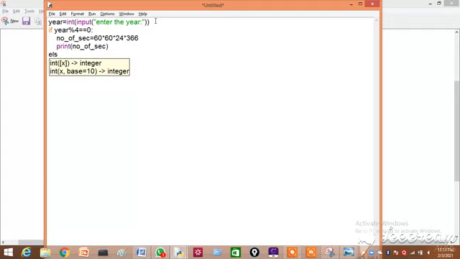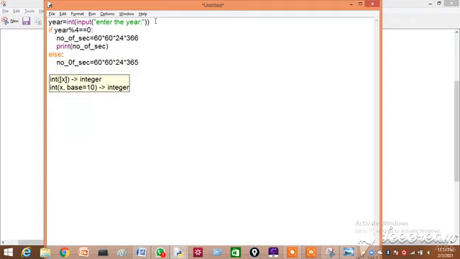So number of seconds equal to 60 into 60 into 24. This is one day, how many number of seconds. Here we have to calculate it for 366 days because it is a leap year. So 366. Then it has to print